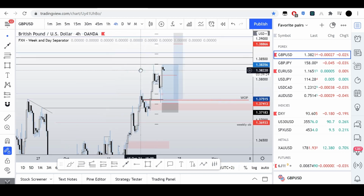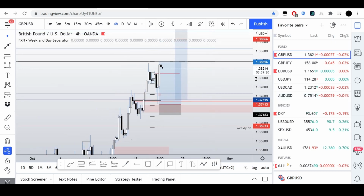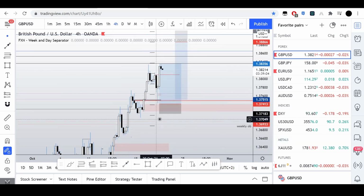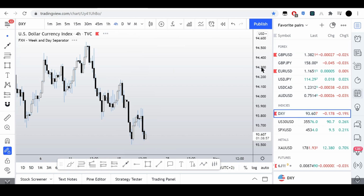Since we are coming into a premium array, I was expecting us to potentially make the high of the week, maybe Wednesday, maybe today, or yesterday I was kind of expecting the high of the week, because we've been around this area, right, to potentially come back down to weekly open price and close possibly bearish from this PD array. The reason why I'm more so bearish is because when you look at DXY, right, look at DXY,